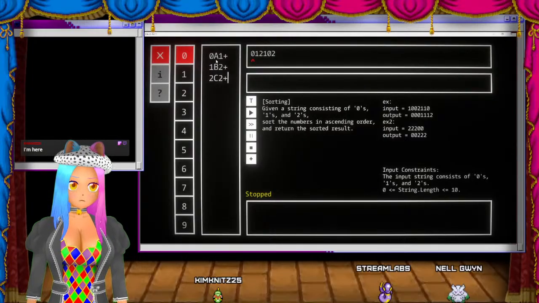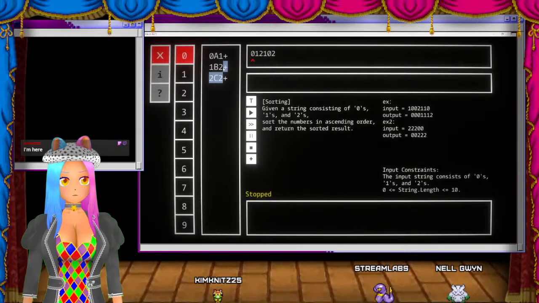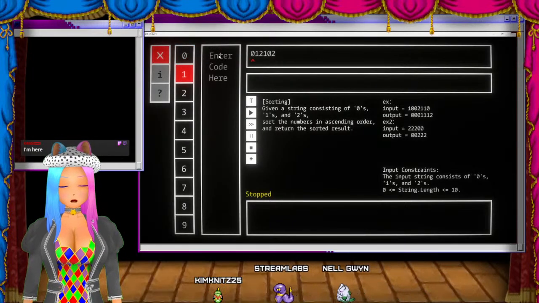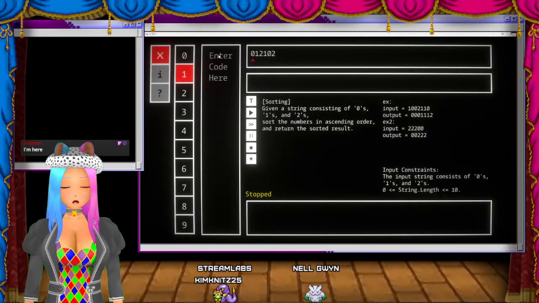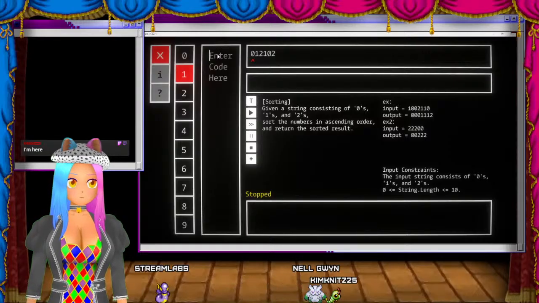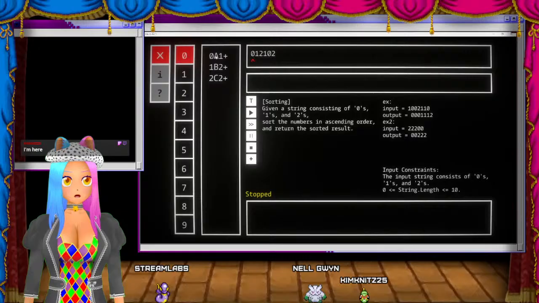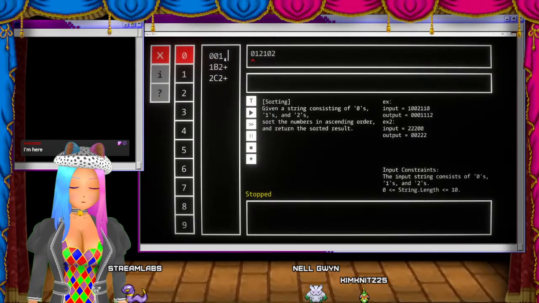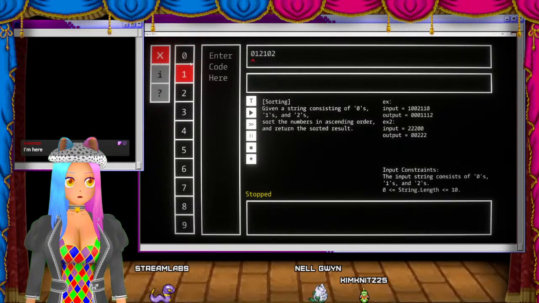And I think I only need to go to mode 2 here because this is just to output a 0. Wait, let me do 1, stay there, and here